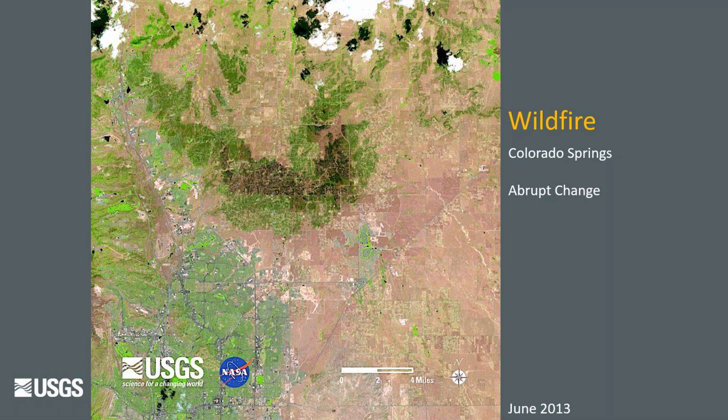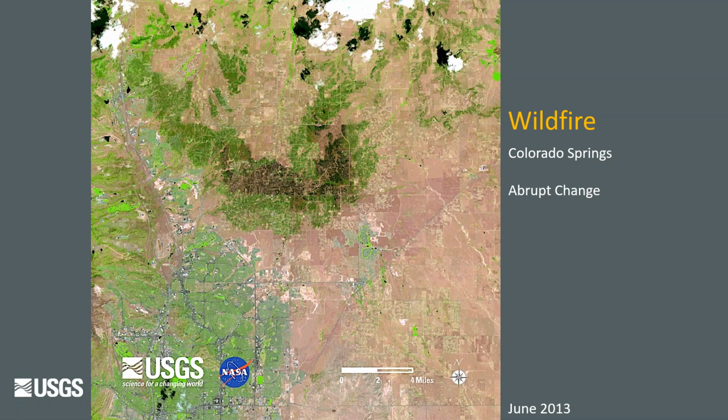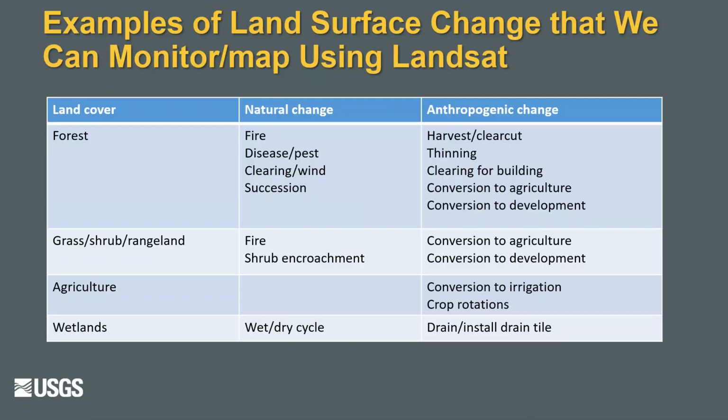This is a fairly large wildfire. I have lost track of the name of it, but maybe that's not important. And we used to do this work where we would just compare the two. This is what we're working away from in LCMap. It is useful to do a change image and show the area that has changed, but we can do so much more. We're trying to get at land surface change. And these are types of change, natural change and anthropogenic change, that we can get at through LCMap, and through using the whole archive.